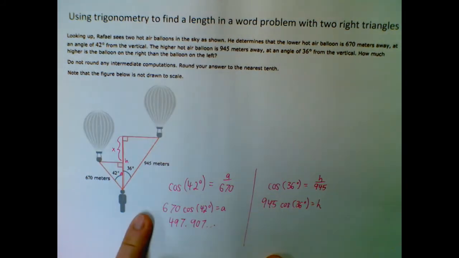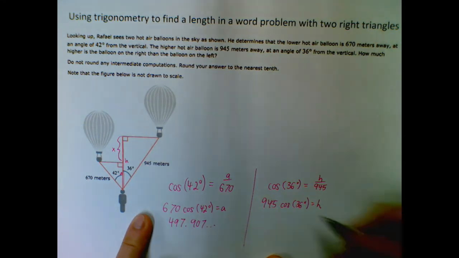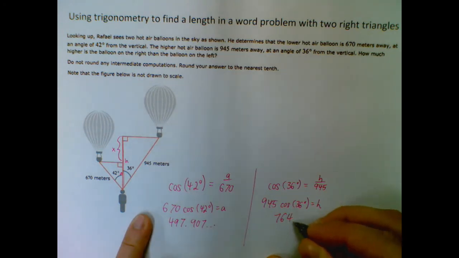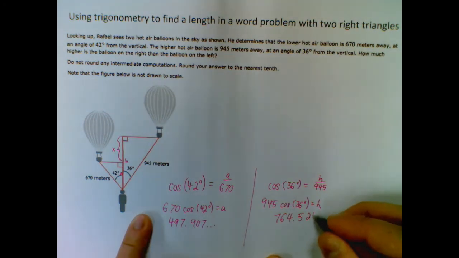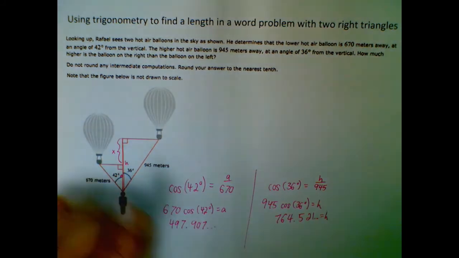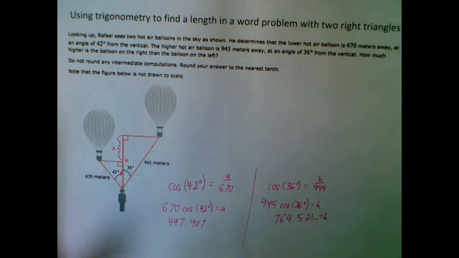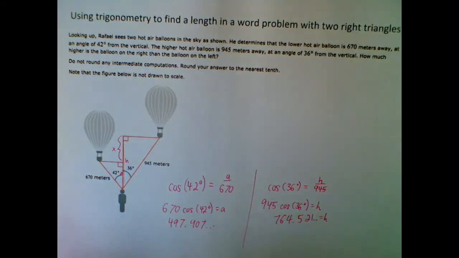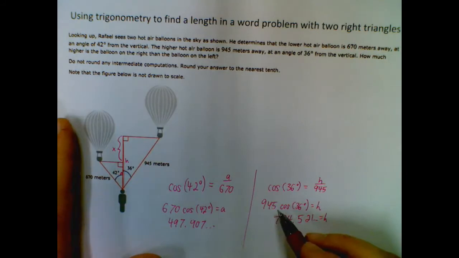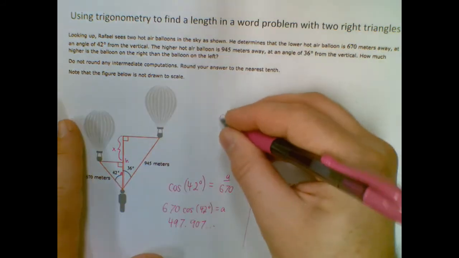So cosine of 36 times 945, you should get something on the order of 764.521. Now these are rounded. We cut off a bunch of stuff. So if you don't want to round it, what you're going to do is put this in your calculator all at once and say, I want the big one